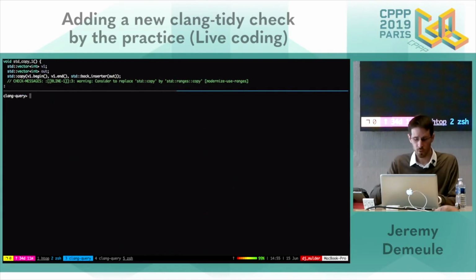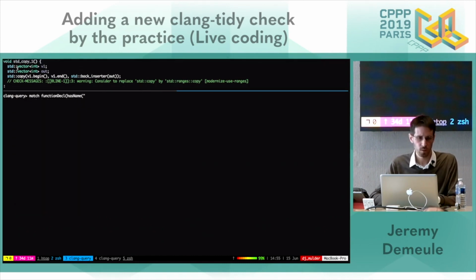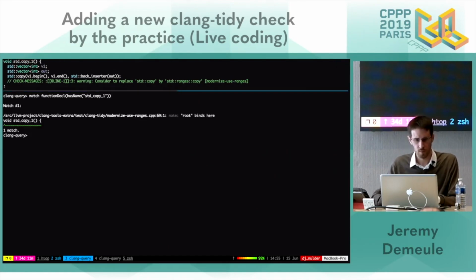We already know how to find functions. So let's start with that. Match functionDecl with a name. And I want to see what is inside std::copy. I don't have the AST output enabled.